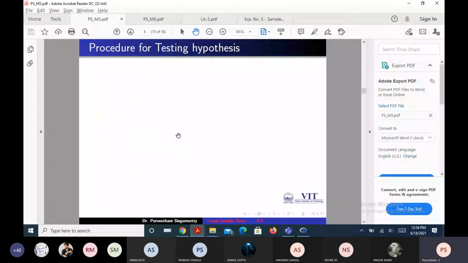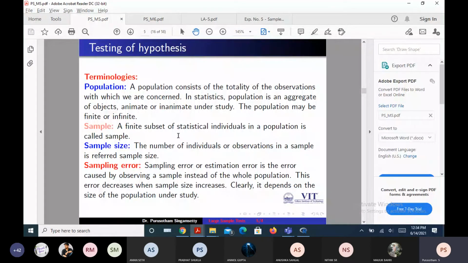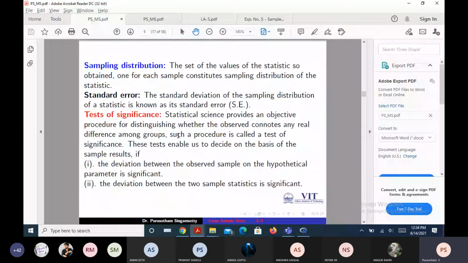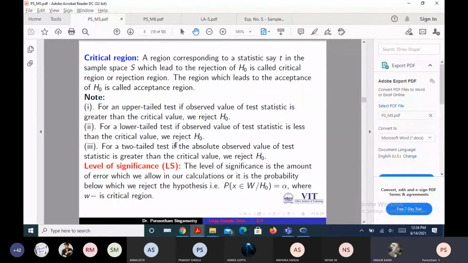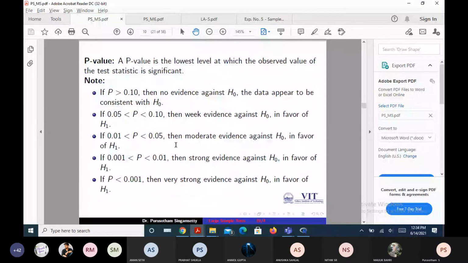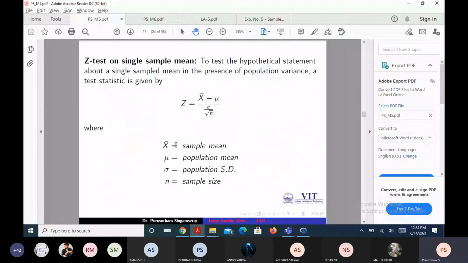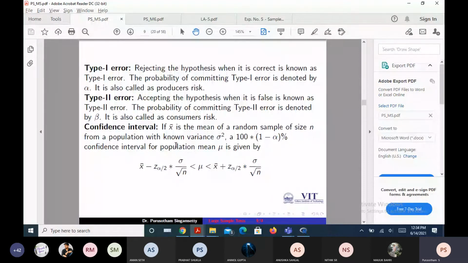Now here you said that you are rejecting the null hypothesis, right? Yes, sir. When you are rejecting the null hypothesis, there are two possible errors. One is type 1 error and the other one is type 2 error. That also was explained, right? Type 1 error and type 2 error. This is 5th module content explained in that module.